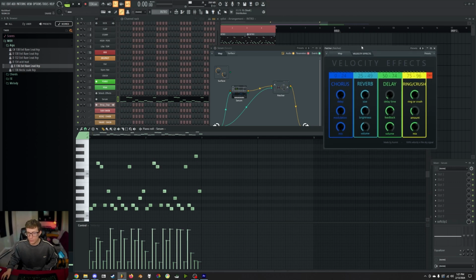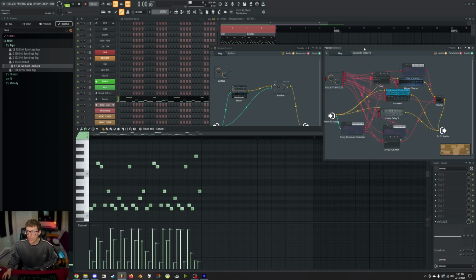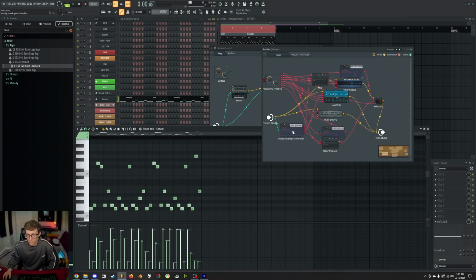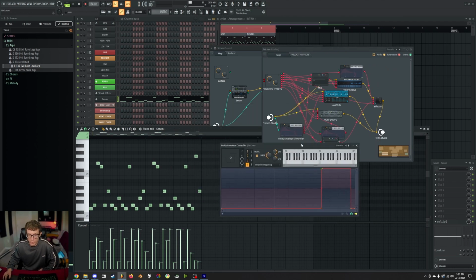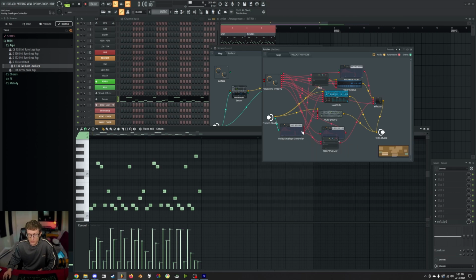If you're on the nerdier side and you want to see how I routed everything, it's basically just Fruity Envelope Controller, and you can change the effects to whatever you want them to be. I'll put this patch on my Patreon and you can mess with it, but so you know, you assign the velocity parameters on here, 1, 2, 3, 4 for the different levels, and then that routes over, and you can pull over the different outputs from 1, 2, 3, and 4 in the controller to different